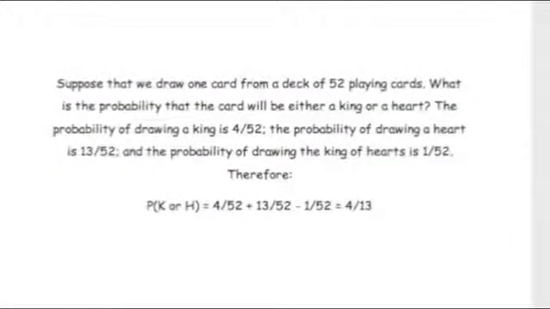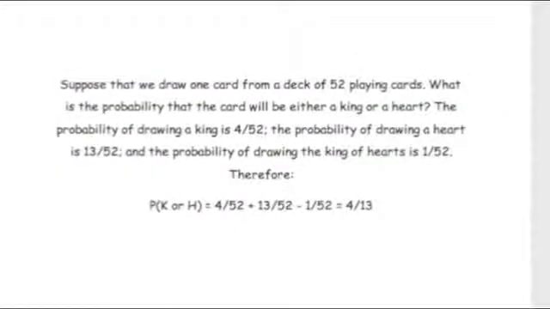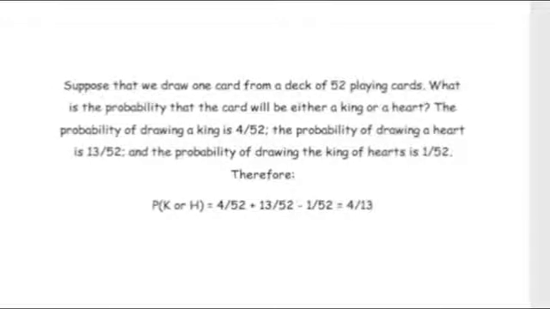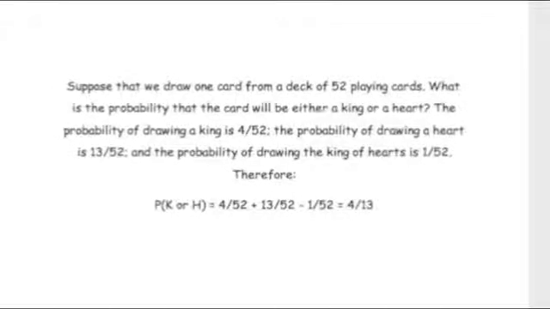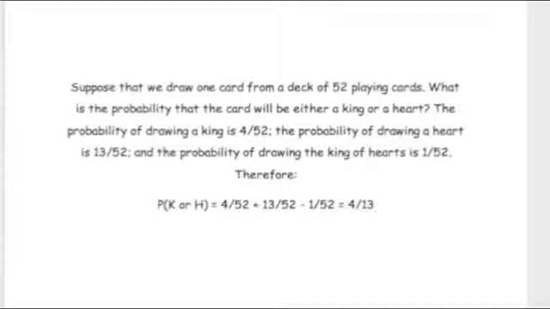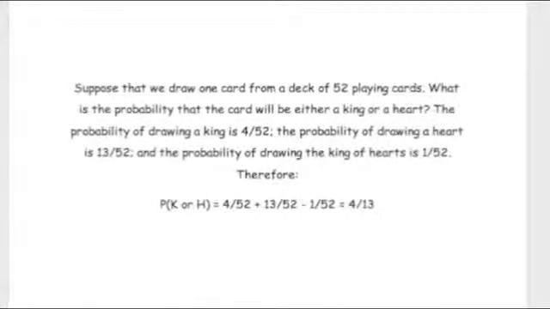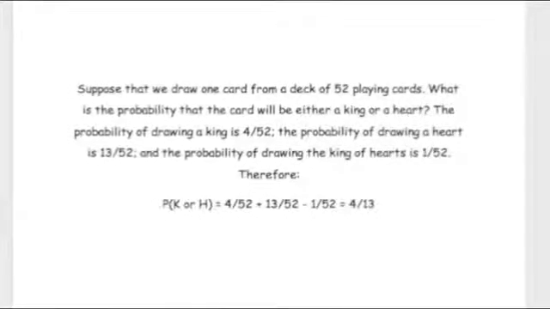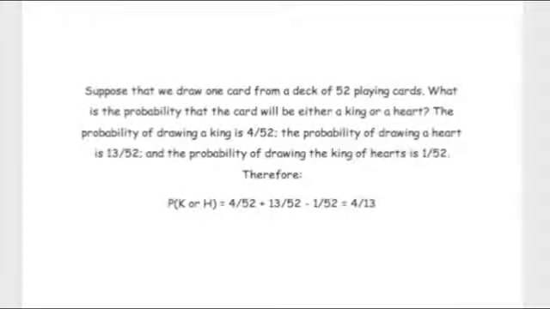Suppose that we draw one card from a deck of 52 playing cards. What is the probability that the card will be either a king or a heart? The probability of drawing a king is 4 out of 52, the probability of drawing a heart is 13 out of 52, and the probability of drawing the king of hearts is 1 out of 52. Therefore,